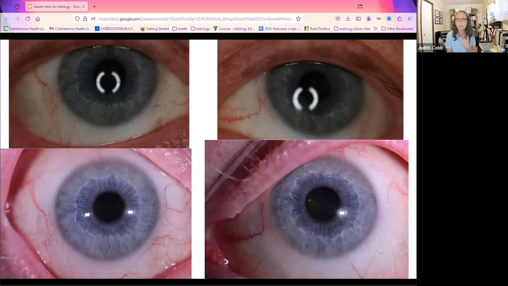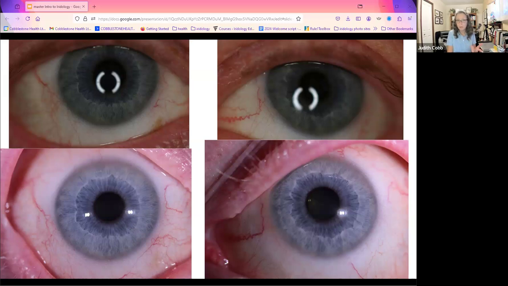I also noticed that while he was with me, he was doing a lot of throat clearing, which to me is an indication of silent reflux, right? If we've got stomach contents coming up the esophagus, it irritates the esophagus, and the esophagus starts overproducing mucus to try to protect itself, and we get that constant throat clearing. So I knew then that we needed to support digestion, because you know that that lower esophageal sphincter will only close tightly to keep the contents down if the stomach acid is high enough. So when we've got that reflux, I know that we don't have enough stomach acid.